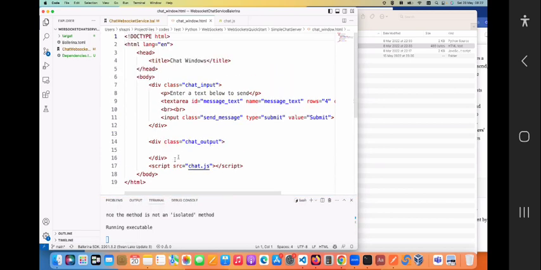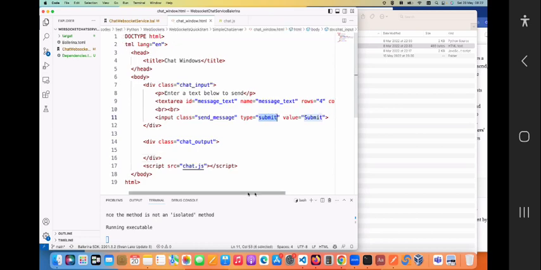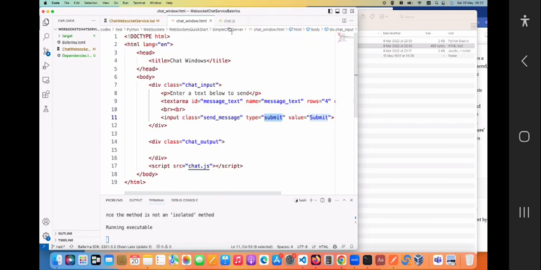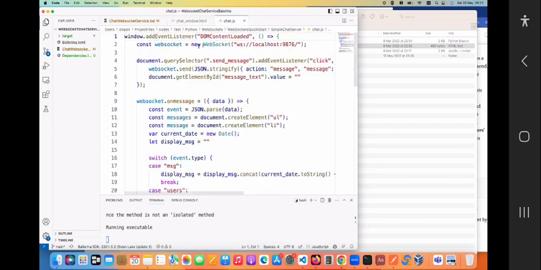And you see in this simple HTML, I'm bringing in this JavaScript file. Then I have this chat output and an input section. The chat output is just an empty div, which is where we are going to inject any messages. And the chat input is just a text area where you're entering a message, and then you have a submit button. The submit button's actions will be captured in the add event listener, and I'm using the WebSocket functionality in JavaScript. I'm connecting to 9876,